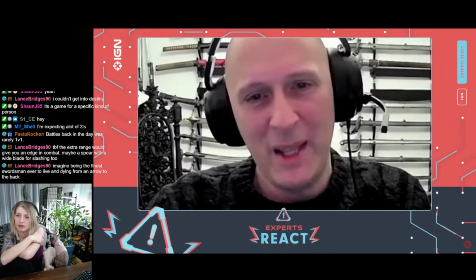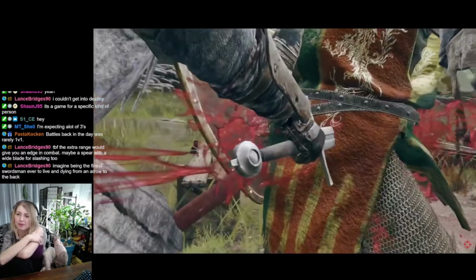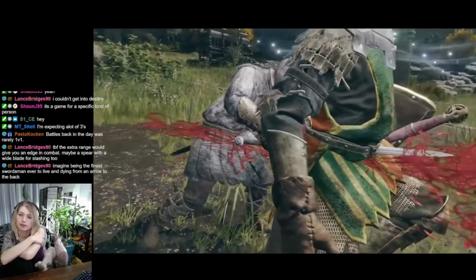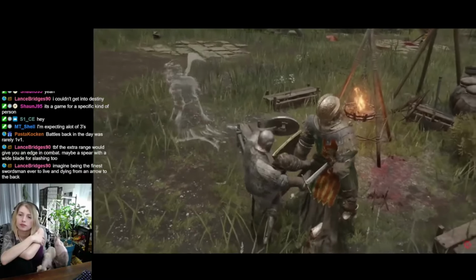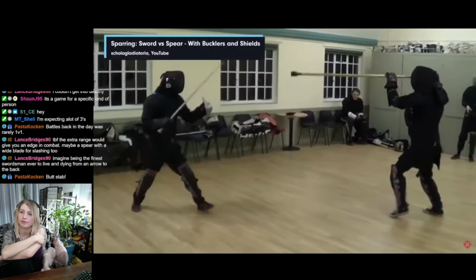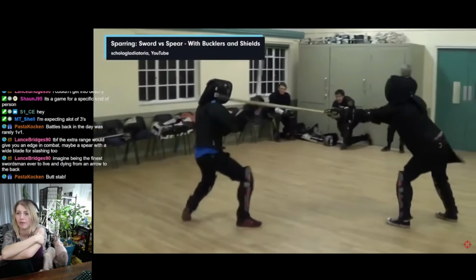He seems to have stabbed him in his behind, to use the polite word. This could be an area that's got less armor, I guess. Again, if you snuck up behind someone, it might make more sense to slit their throat or something like this. But I do like the detail that he has to use his foot to push the person's body off his blade. This is something that's often forgotten about, even by people who are training with blunt weapons in sparring on a regular basis, because we use blunt weapons, they don't enter a person's body, of course, because that would be a bad thing. With a modern fencing foil or a reenactment sword or a HEMA sword, they flex. So if you thrust someone, the blade flexes, and you can immediately do something else with the sword. In reality, any type of sharp blade, doesn't matter whether it's a sword or a knife or a spear, it enters the person's body, and in that...